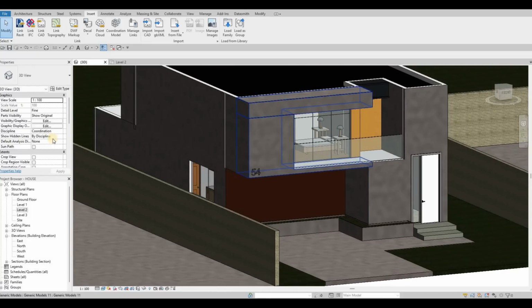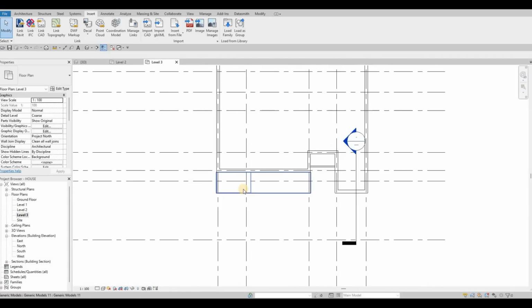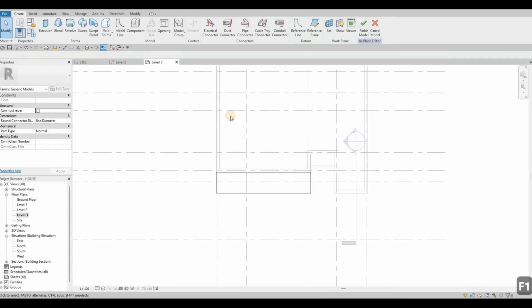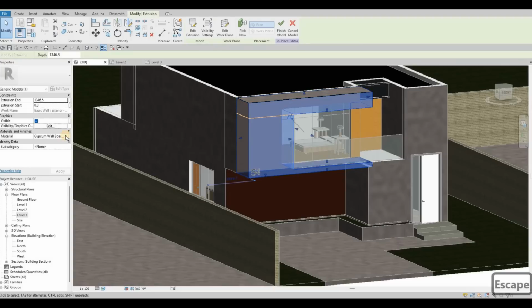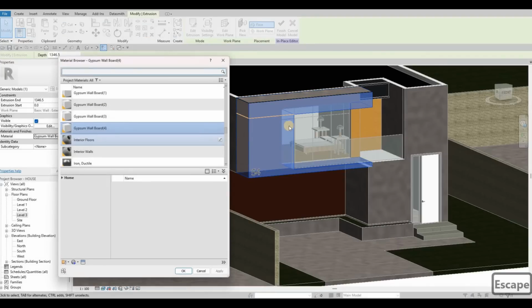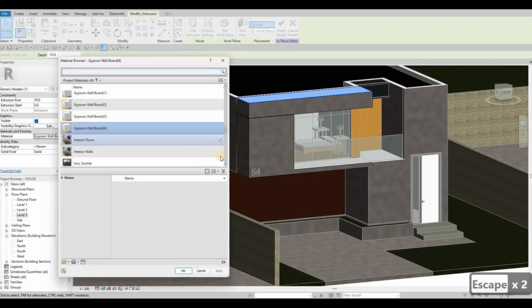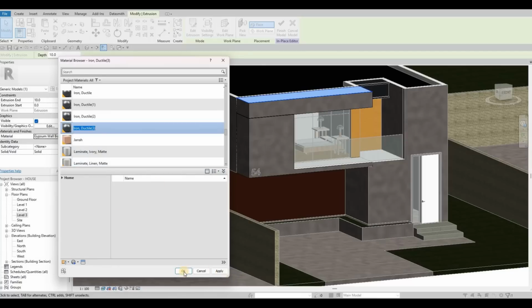So after that, I want to double check this one. So go to level 3. This one is the extruded part, so check it, and then let's select this one, saying gypsum board. What's the number of that? Number 4. And then this one, number 4 as well. But I want it to be dark, so I'm gonna duplicate this. Number 3